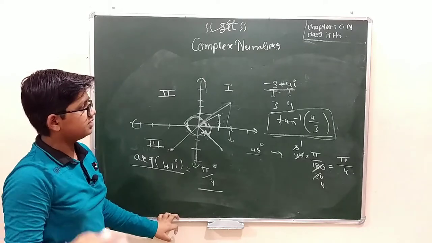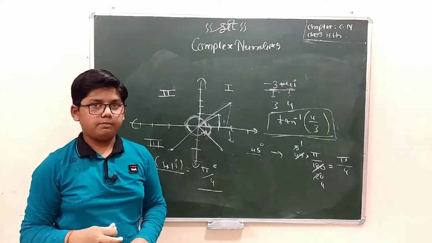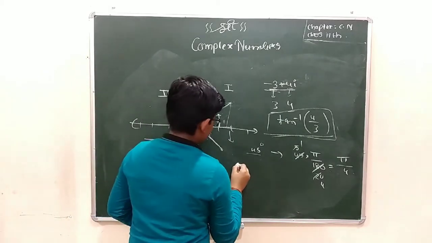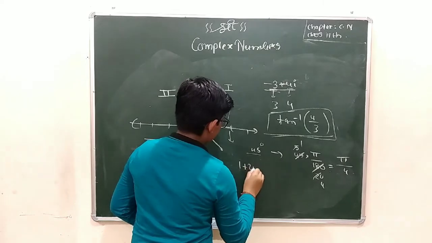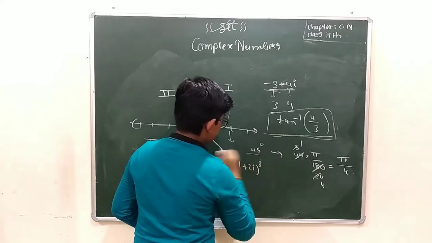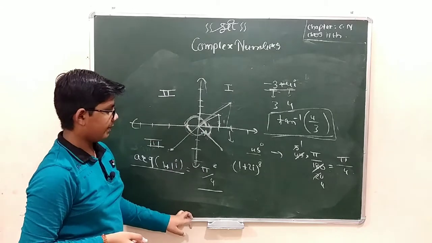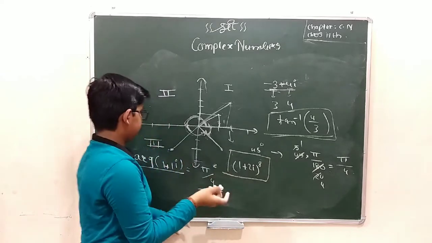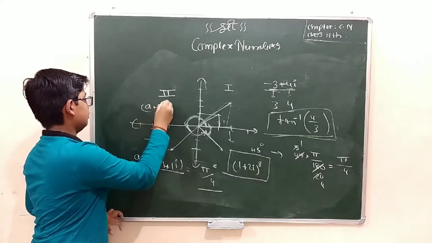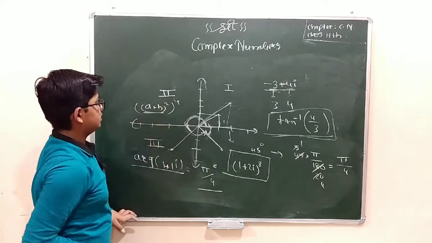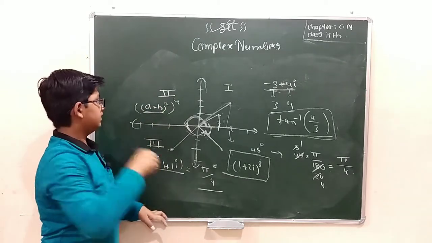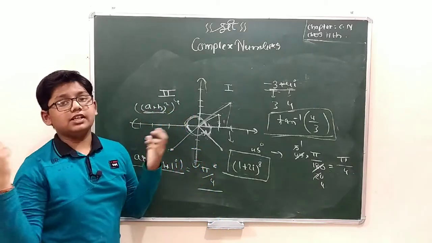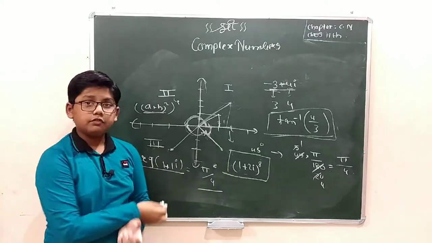Now, what is next? Next is the polar form of a complex number. What is the polar form? Suppose the question comes like this: (1 + 2i) to the power 8. Using the formula (a + b) whole squared, whole to the power 4, we would first find (a + b) squared, then raise it to the power 4, converting 1 + 2i into a complex number and multiplying it 8 times. That will take a lot of time. Now, what about the polar form of a complex number?